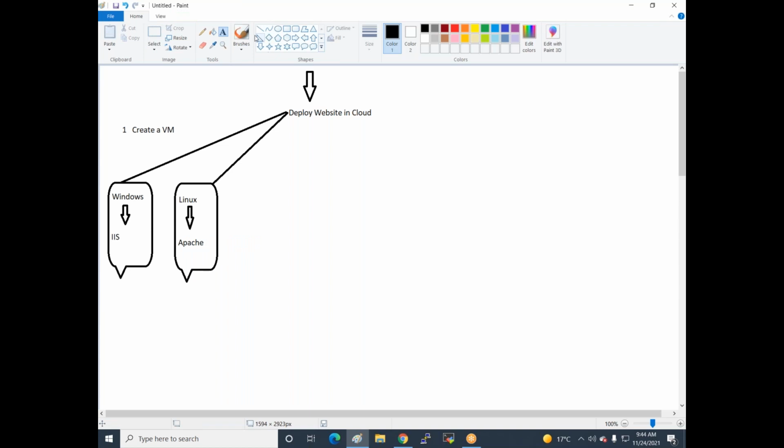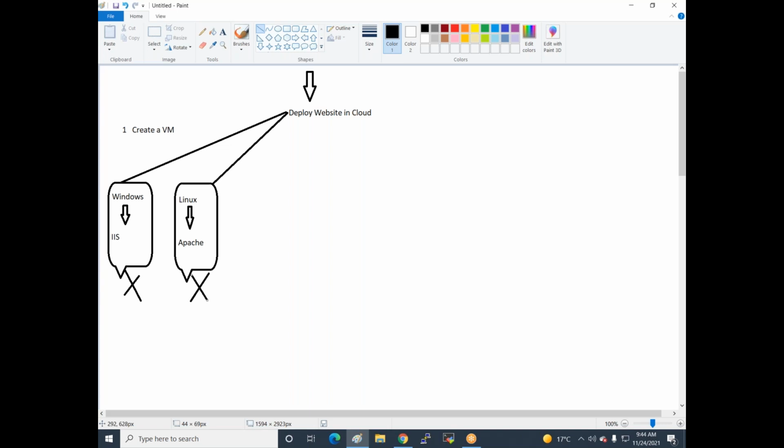But Azure, the cloud, also provides one more platform to deploy the website where you don't require these types of setup. That means it provides a serverless infrastructure. Azure provides this infrastructure, and each and every thing is managed by Azure. Normally you first create a server, then you execute your website.